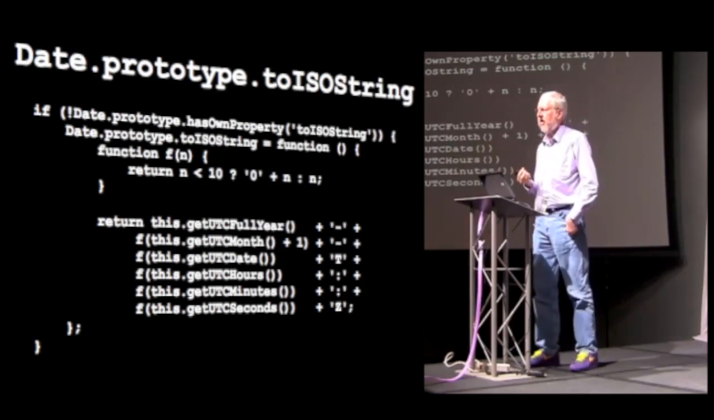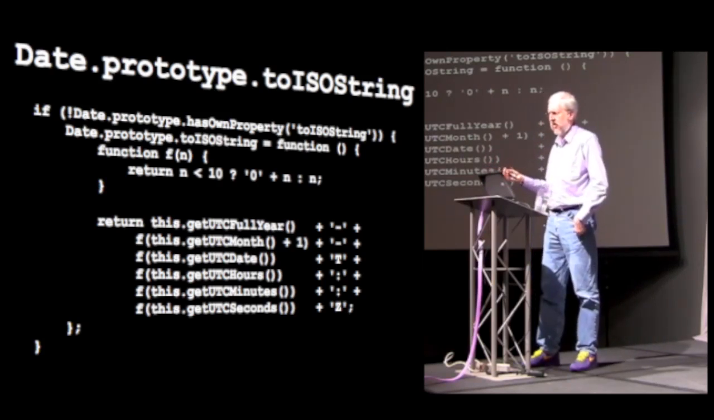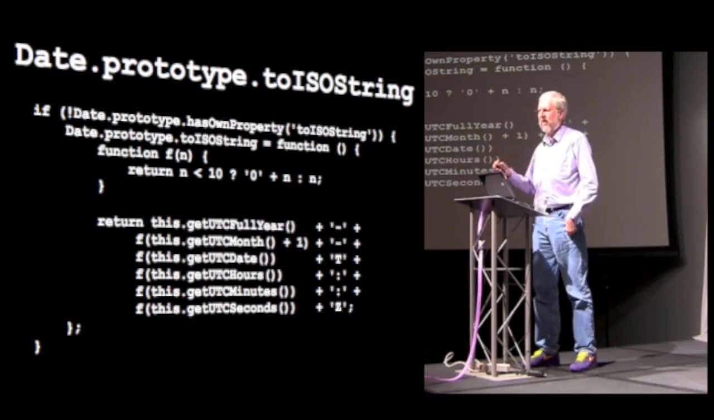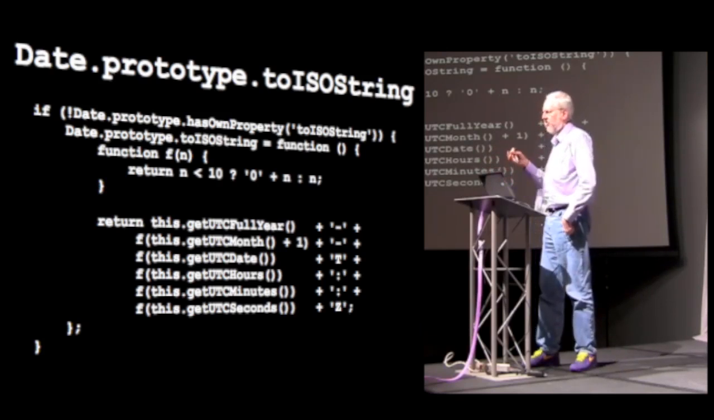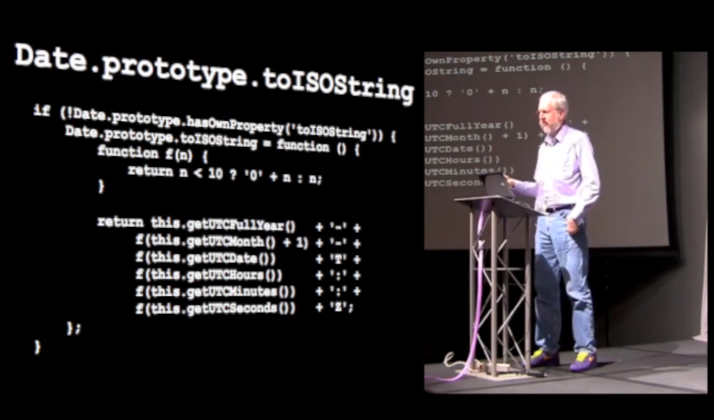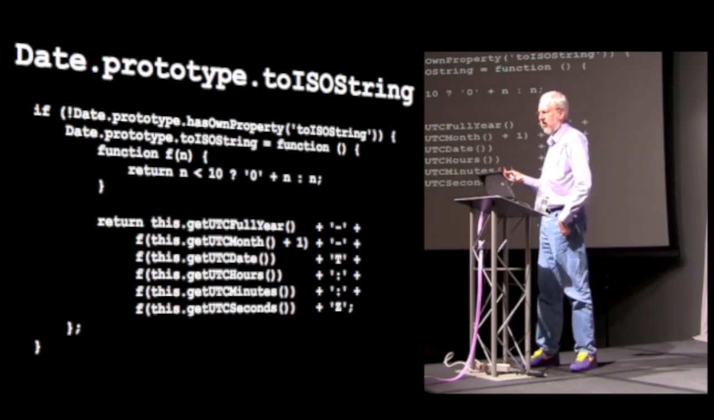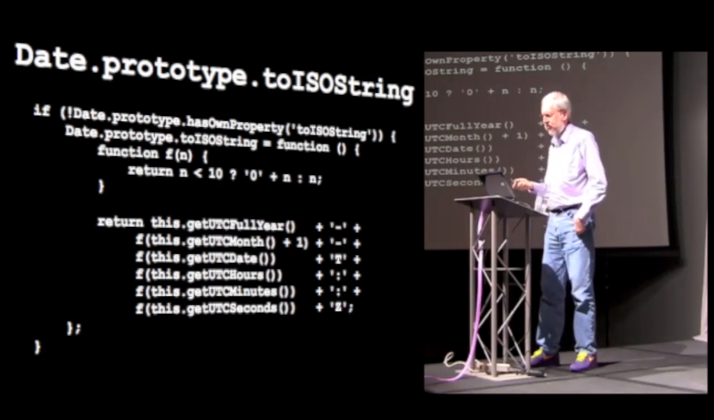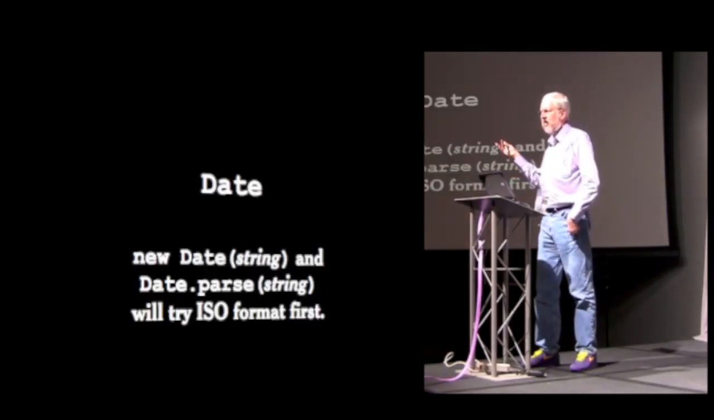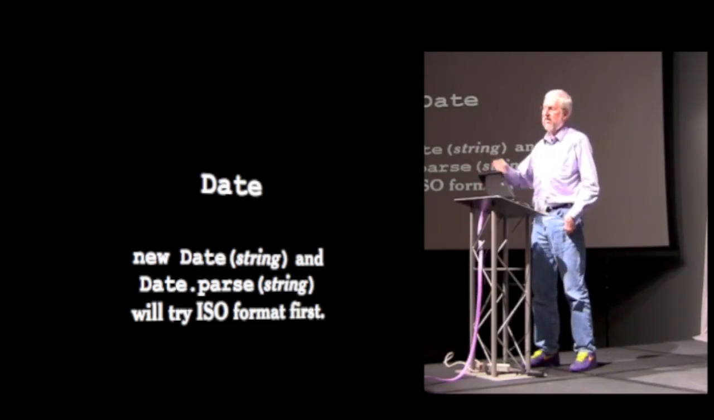We now have support for ISO dates in JavaScript. So ISO dates are an international standard for formatting dates and times. It's probably the best format we have, at least for data processing applications, and it's now built into JavaScript. So using toISOString, you can get one of those forms, and then new Date and Date.parse will take that as